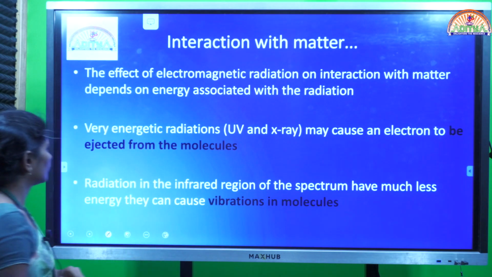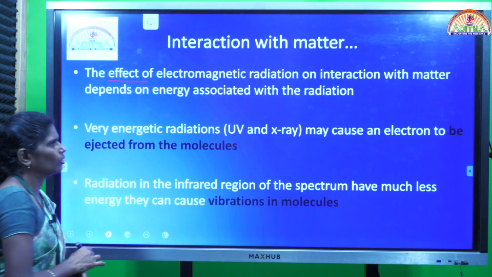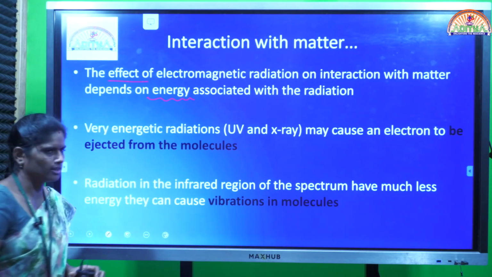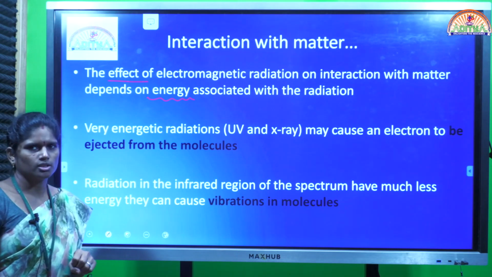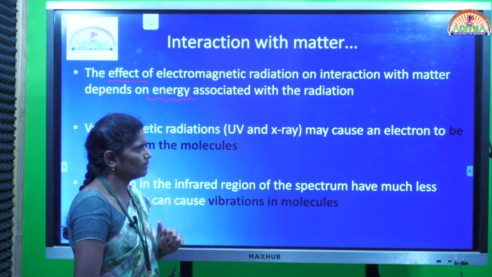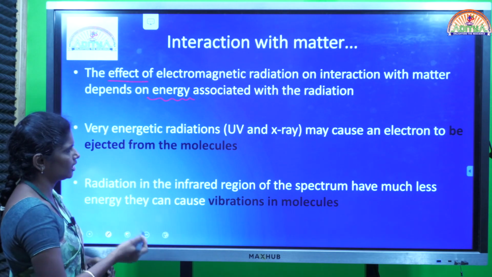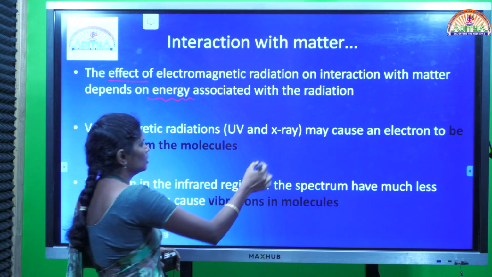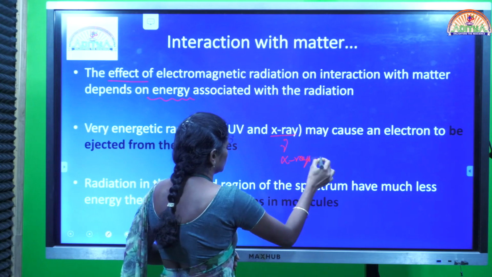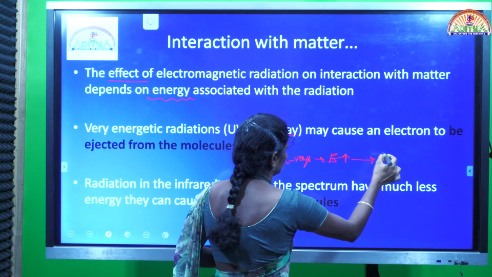So as you can see here, the effect of electromagnetic radiation when it interacts with the sample matter is mainly dependent upon the energy of the electromagnetic radiation. So based upon the energy of the radiation interacting with the sample matter, the effect will be dependent. If we take the high energetic radiation such as gamma rays followed by X-rays, which have more energy, when they interact with the sample,